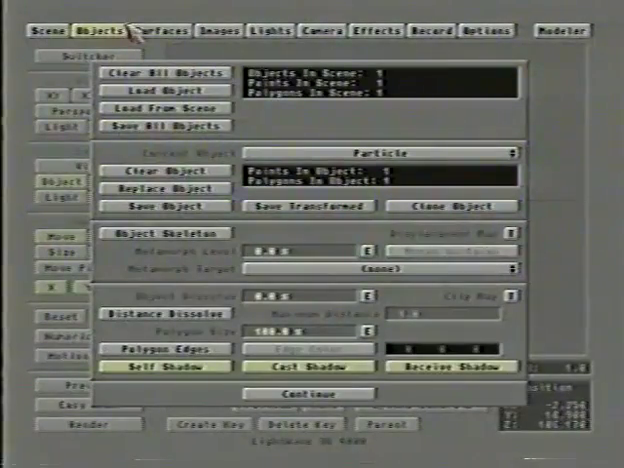And if we look at our objects menu here, you'll notice under objects it tells us that we have 1 point and 1 polygon loaded, and that is our particle object. So this shows us what a polygon is. It's a visible object. Now let me head back into Modeler here,